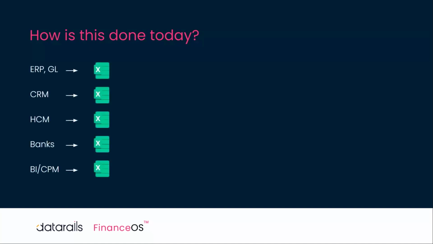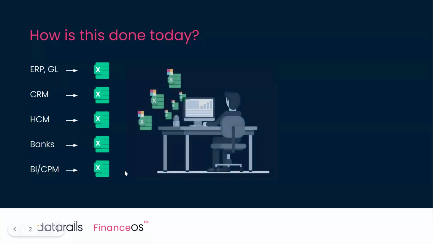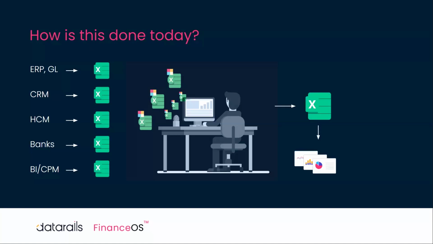So most of the companies we work with, they're pulling data out of disparate data sources. Usually one or two of these on the left, maybe all five of these, but they're taking that export out of their ERP or accounting system. They're exporting all that data into Excel, and then there's someone who is manually manipulating and consolidating this data. Usually that looks like adding in pivot tables or macros to really make your own custom report in Excel that